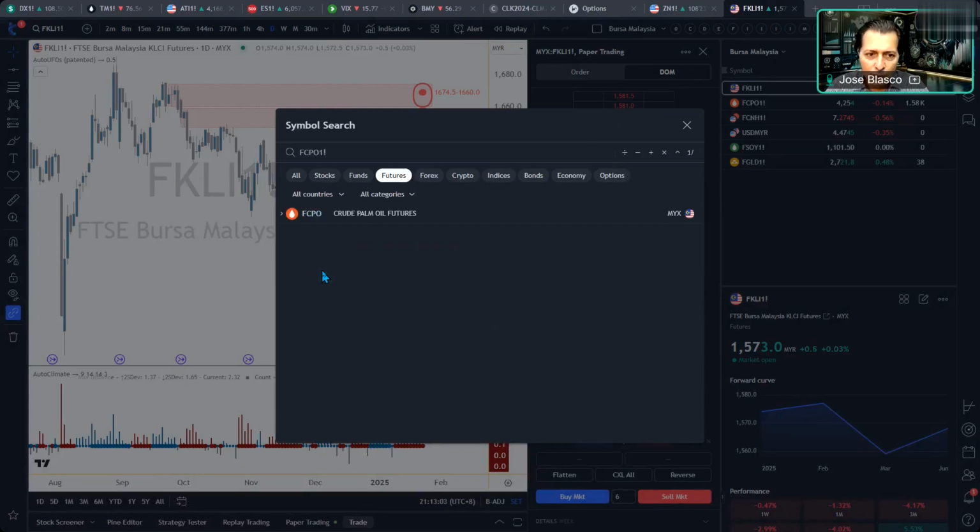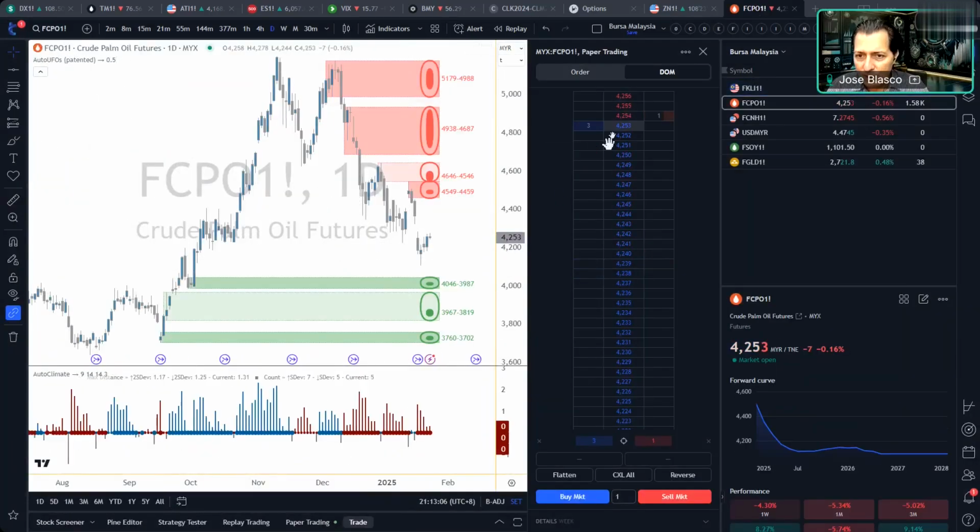I'm switching to FCPO. We'll be able to show these differently. Okay, so here we've got 3 contracts waiting to be filled to buy, 21 contracts to sell, 6 contracts to sell. You can see this is dynamic and it moves. And of course, at this time of the day, the speed of movement is very, very low, given the fact that we are conducting this webinar in the evening. But you can see a little bit of a representation of what I'm saying here.